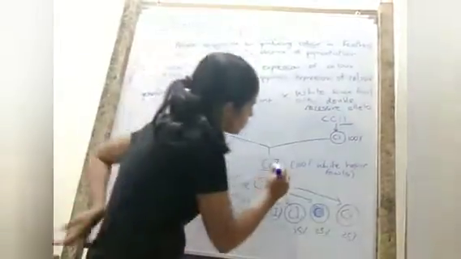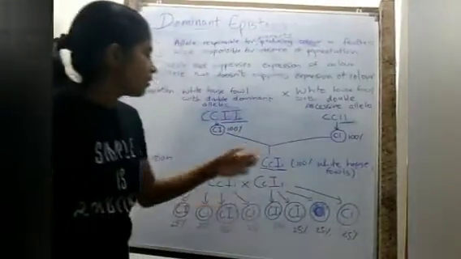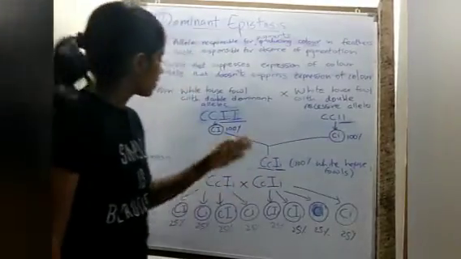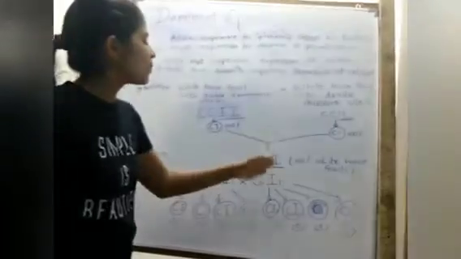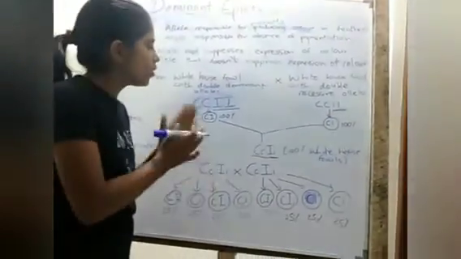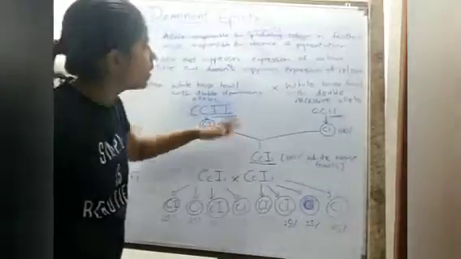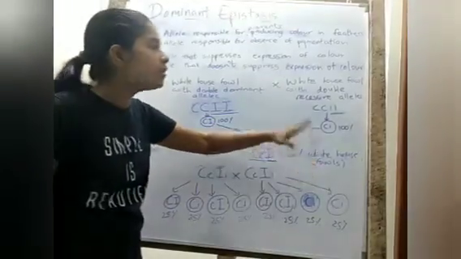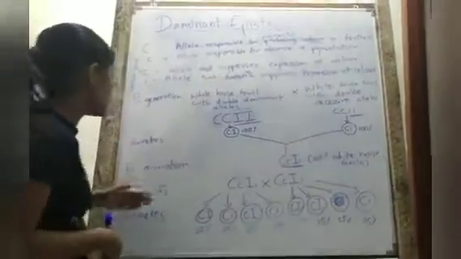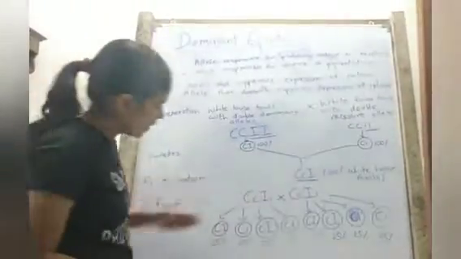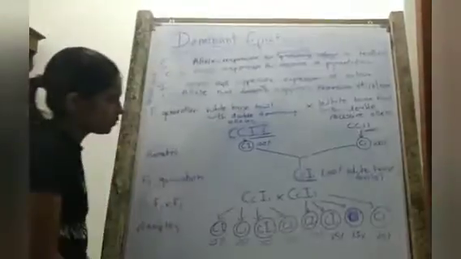But then we also have this capital I, simple I. So capital I is the allele that suppresses the expression of color. Since the capital I allele is present, no matter what the genotype in here, always the given phenotype would be white. So you should remember that very well. Then we cross the F1 generation with the F1 generation, and then we write out the gametes.